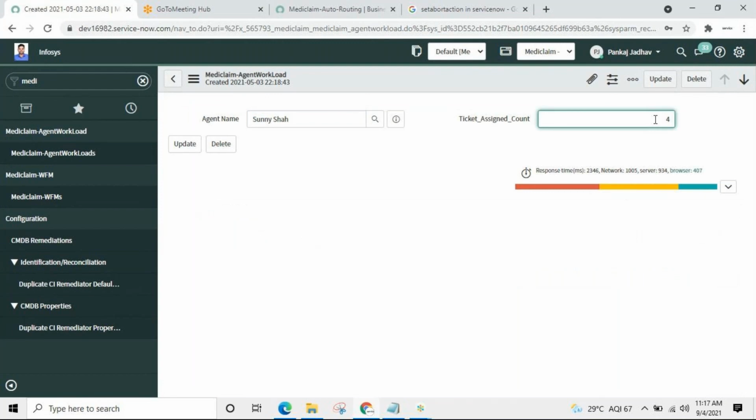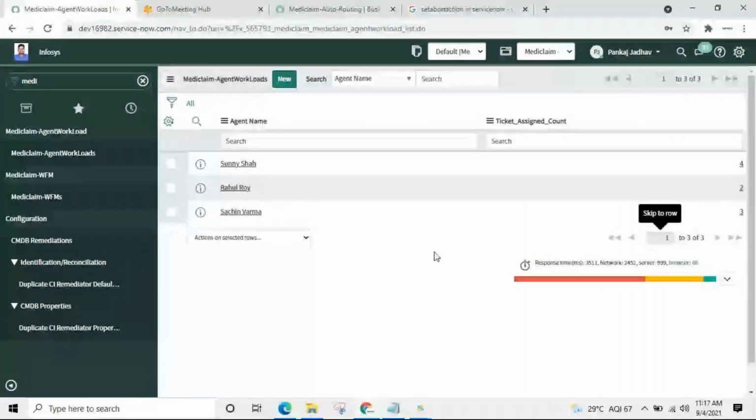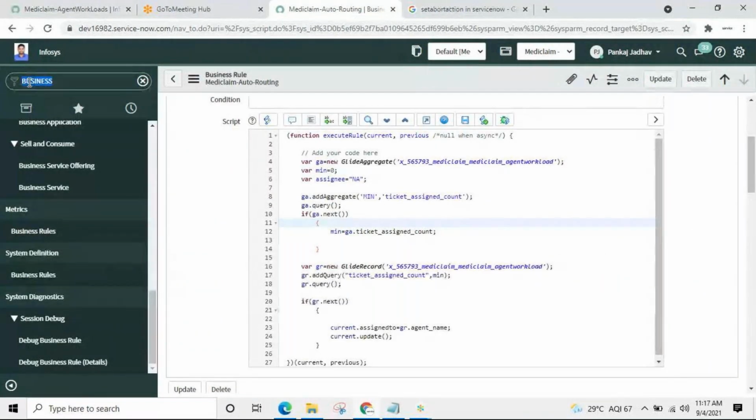Automatically through scripting, this will become 4. See, I have manually done it. If now I do it, it will go to Rahul Roy. Let's see. Because 2 is the least value. He is having the least workload. This is what I am trying to explain you. So if now I go over here,